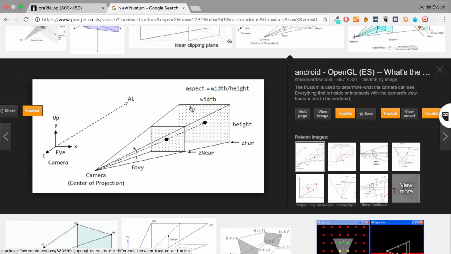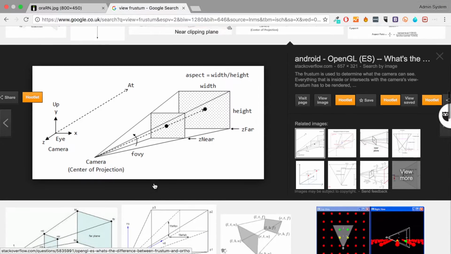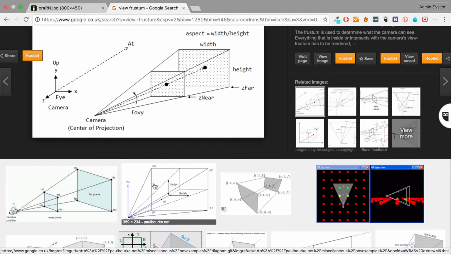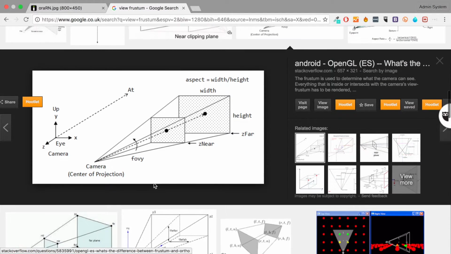The aspect ratio is the width divided by the height, and the field of view is basically how tall it is. Some games like the original Doom have a large field of view, so you essentially get more of a square boxy style of